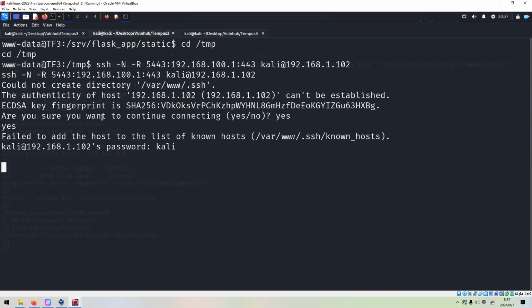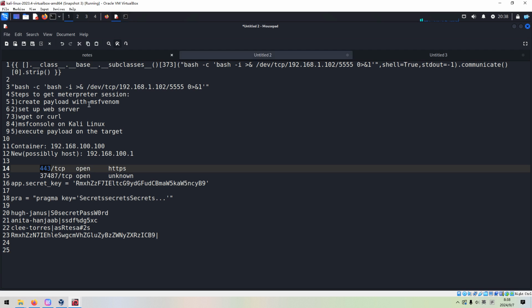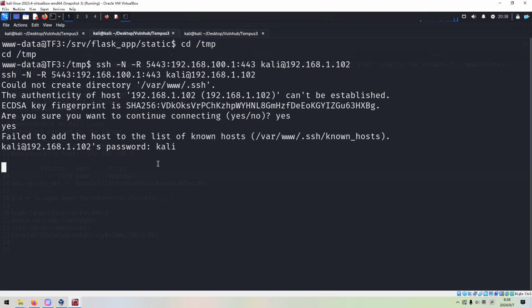But I think we also need to set up another tunnel for this port number. And how to do? This is another advantage of Metasploit. We can background this current session, and then we can get another channel.